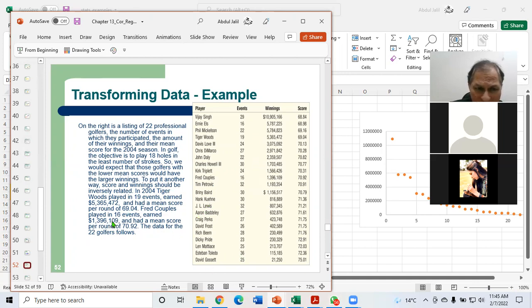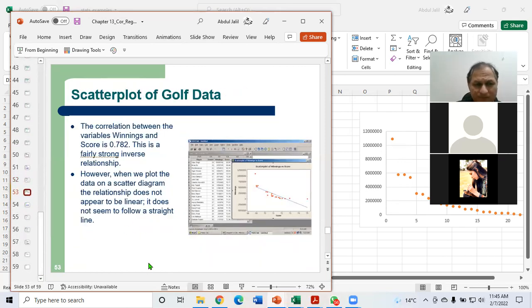In this way, you can add these two new persons, and find out how much they have actually earned and what the mean score is. Okay, these people are already mentioned there. If someone is new and you find out the new mean score of the person, then you can find out the winning amount. But if you know the winning amount, you can find out the score of the person, right? So this model is helpful in creating the relationship between score and winning amount.